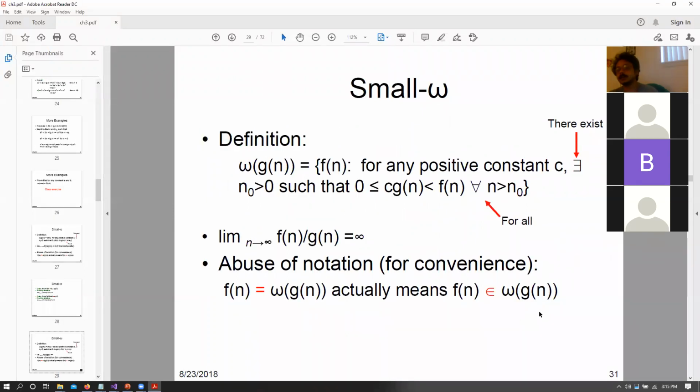Moving on. Then we have little omega. Little omega or small omega is the same thing. So as little o is to big O, little omega is to big omega. So again, it has to be an equation that always grows slower than your current function, but for any constant c. It cannot be for just an arbitrary constant. It has to be for any possible positive constant c. And for this, the limit of f(n) by g(n) has to equal infinity, not a positive number, not 0, it has to equal infinity.